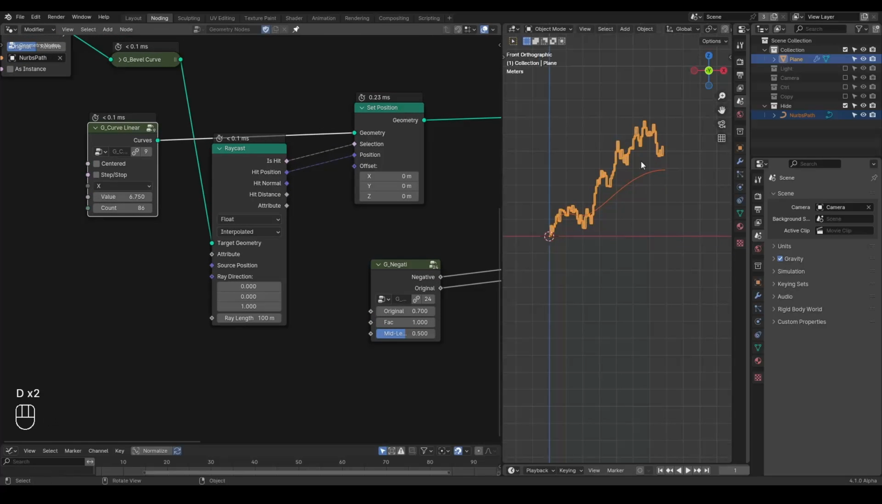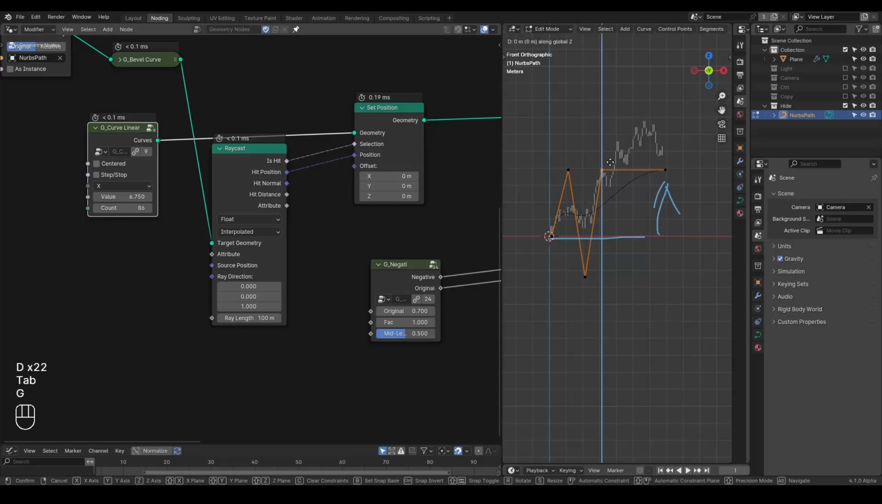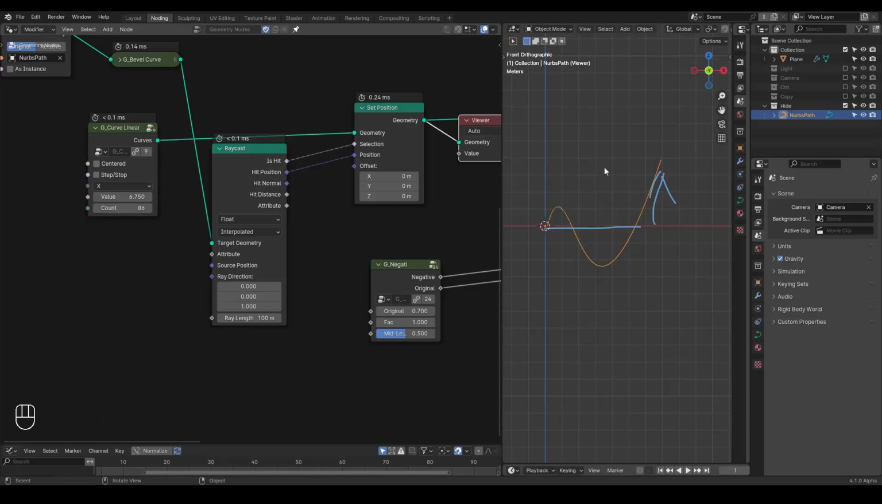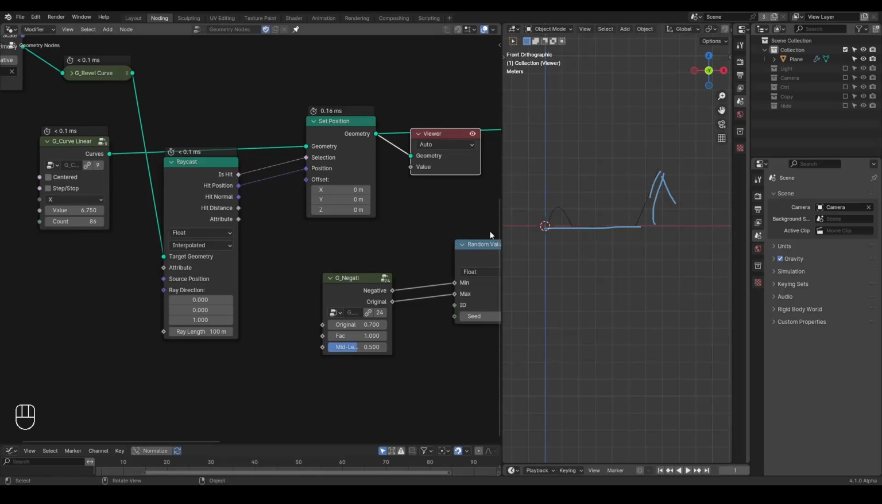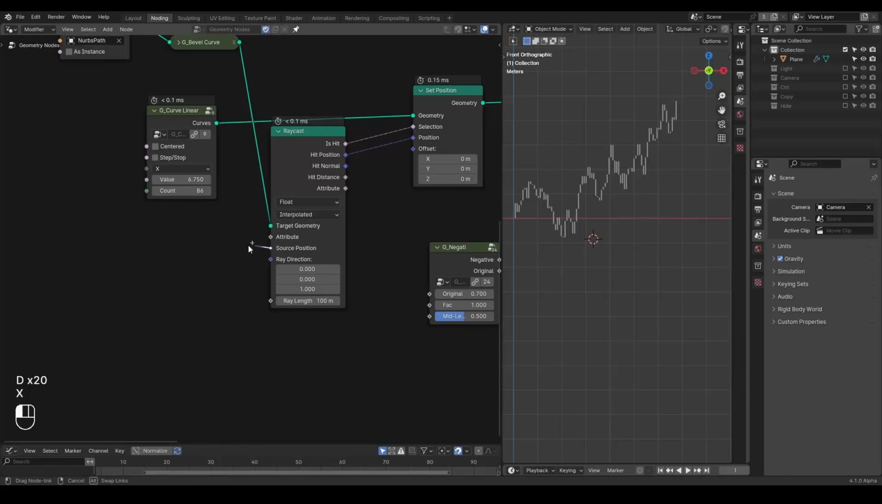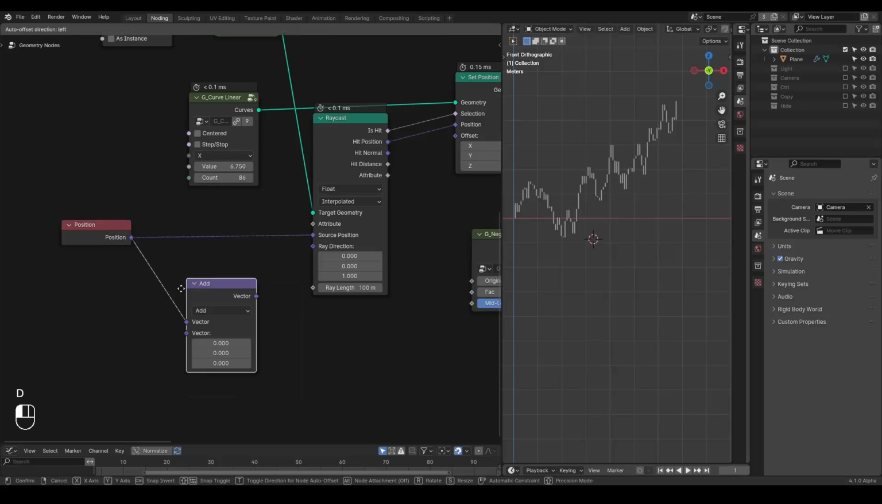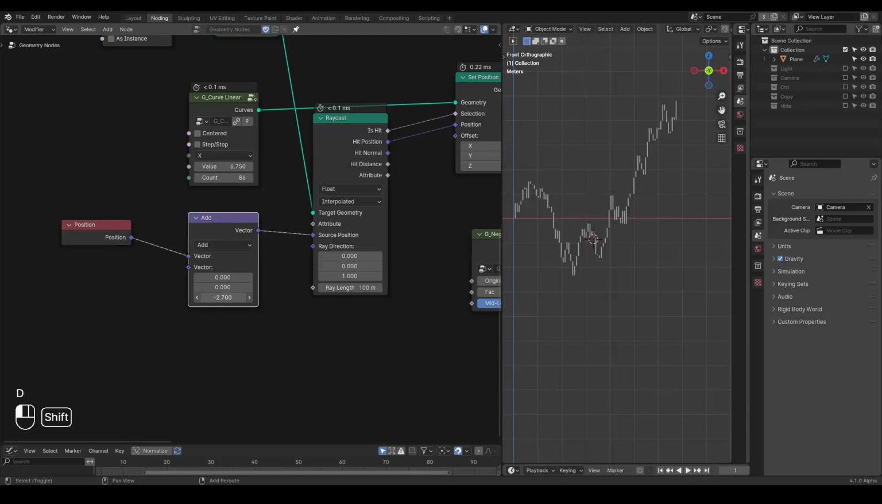There will be a problem, because we're starting from the ground and we're shooting rays up to the sky. If my guide curve is below the ground, then you realize it's actually not working. There is a part which is on the ground. So to fix this kind of problem, my suggestion is to take this position and just subtract a high value